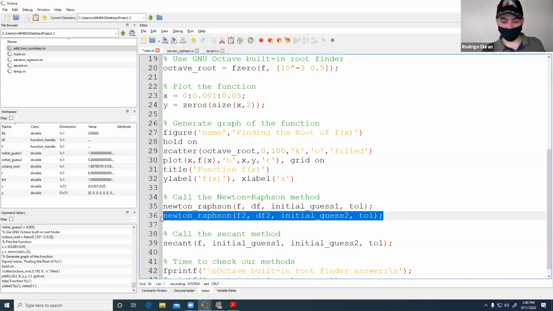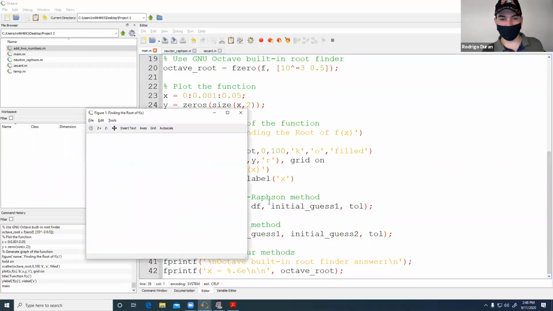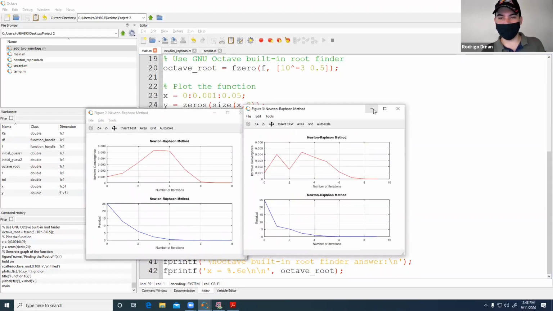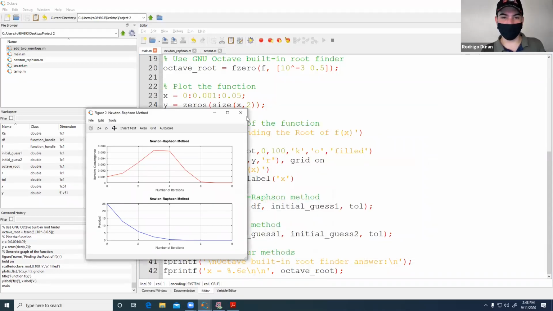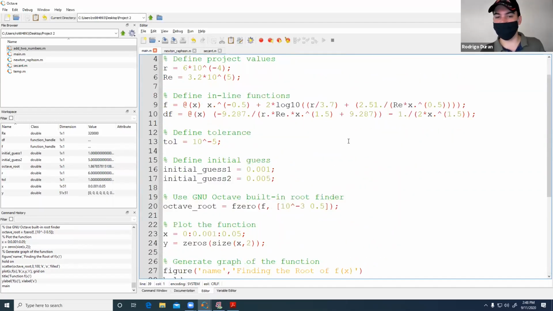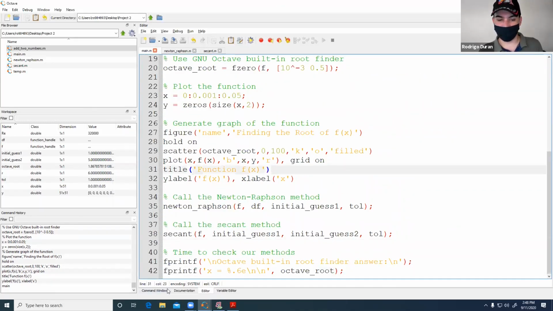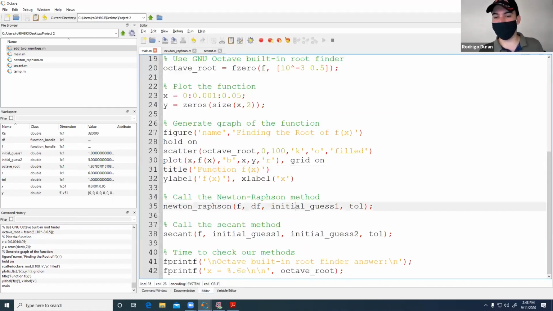Now, you might be asking, what is the output of this? The output of this, if I were to run this, and I will show you in a second, you see that there are more figures. There is this figure, which belongs to Newton. This is supposed to say secant, by the way. I forgot to change the title, so I'll do it in a second. But I get two pictures, but those figures are nowhere to be found on this code, nor this output. So where are they? It's because I define it so that when you call the function,